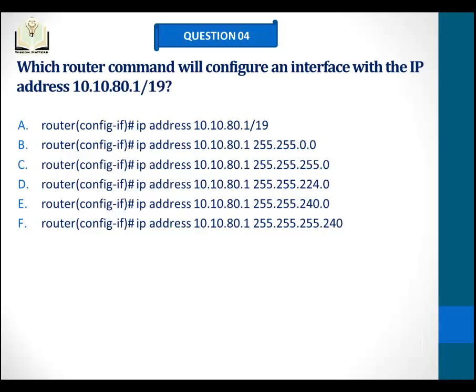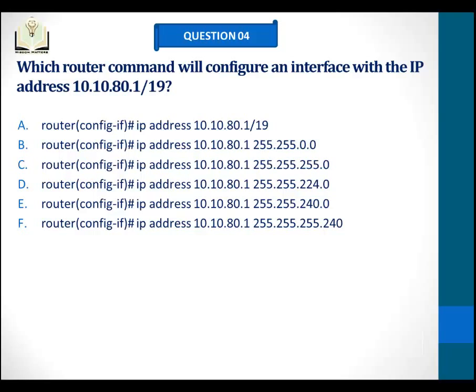The options are A, IP address 10.10.80.1/19, B, IP address 10.10.80.1 and 255.255.0.0, or IP address 10.10.80.1 255.255.255.0,